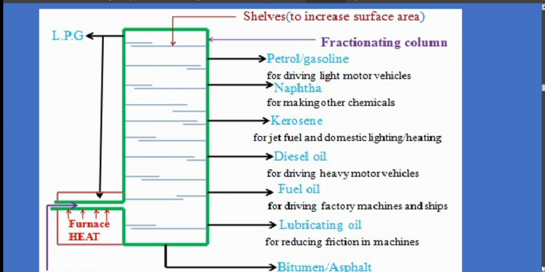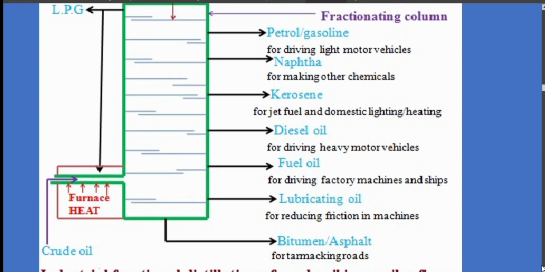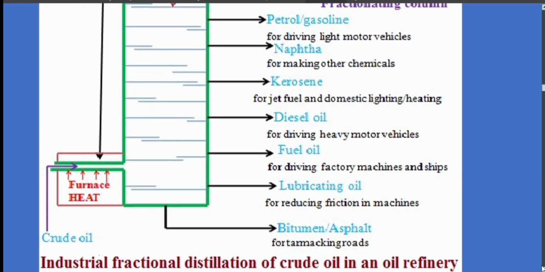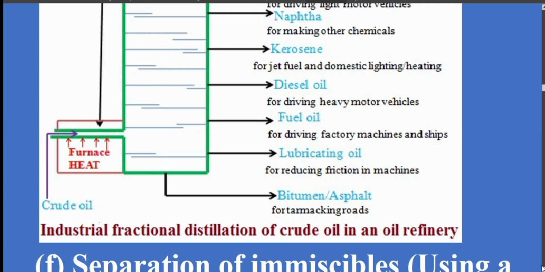Fuel oil is for driving factory machines and ships. Lubricating oil is for reducing friction in machines. Then you have bitumen for tarmacking roads. So that's the industrial fractional distillation of crude oil in an